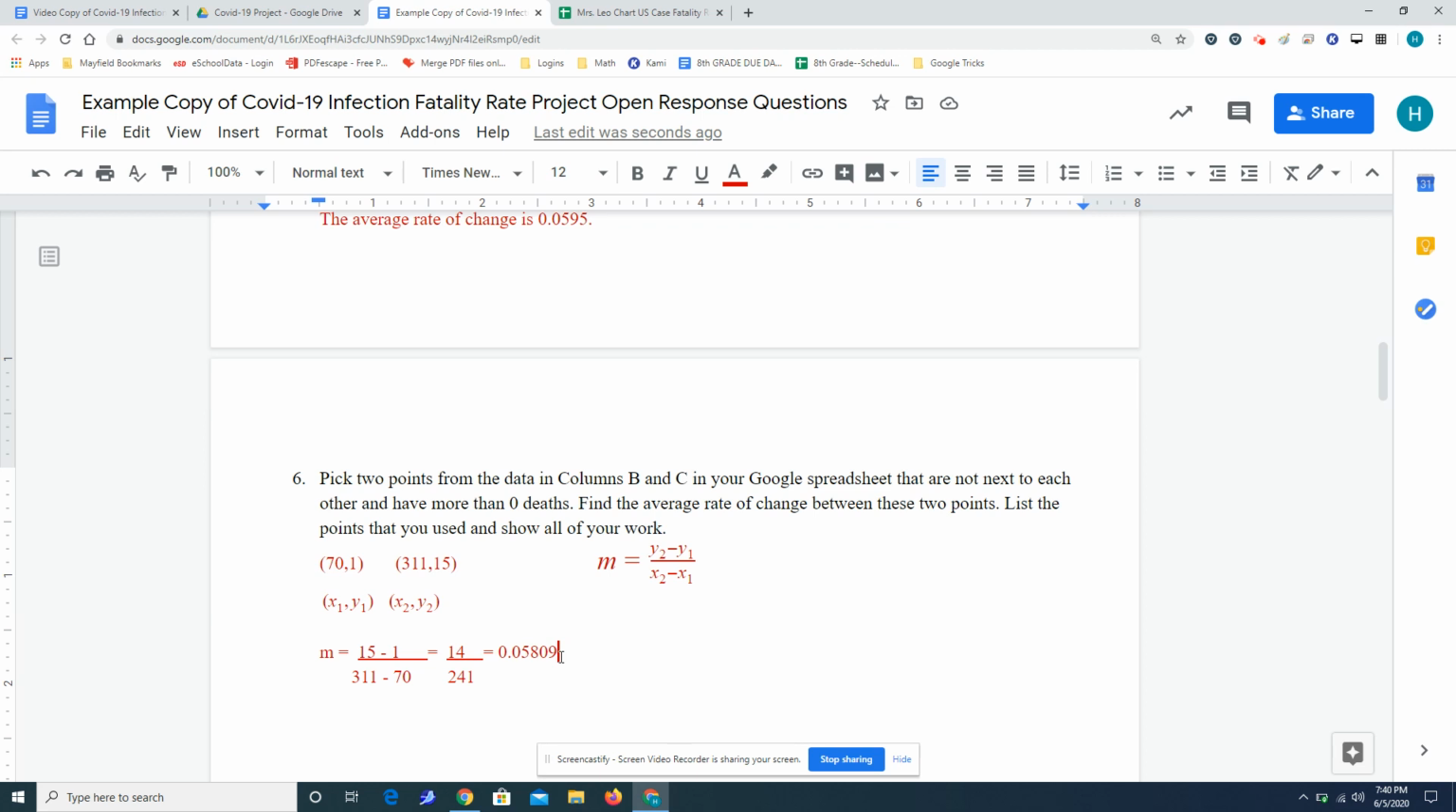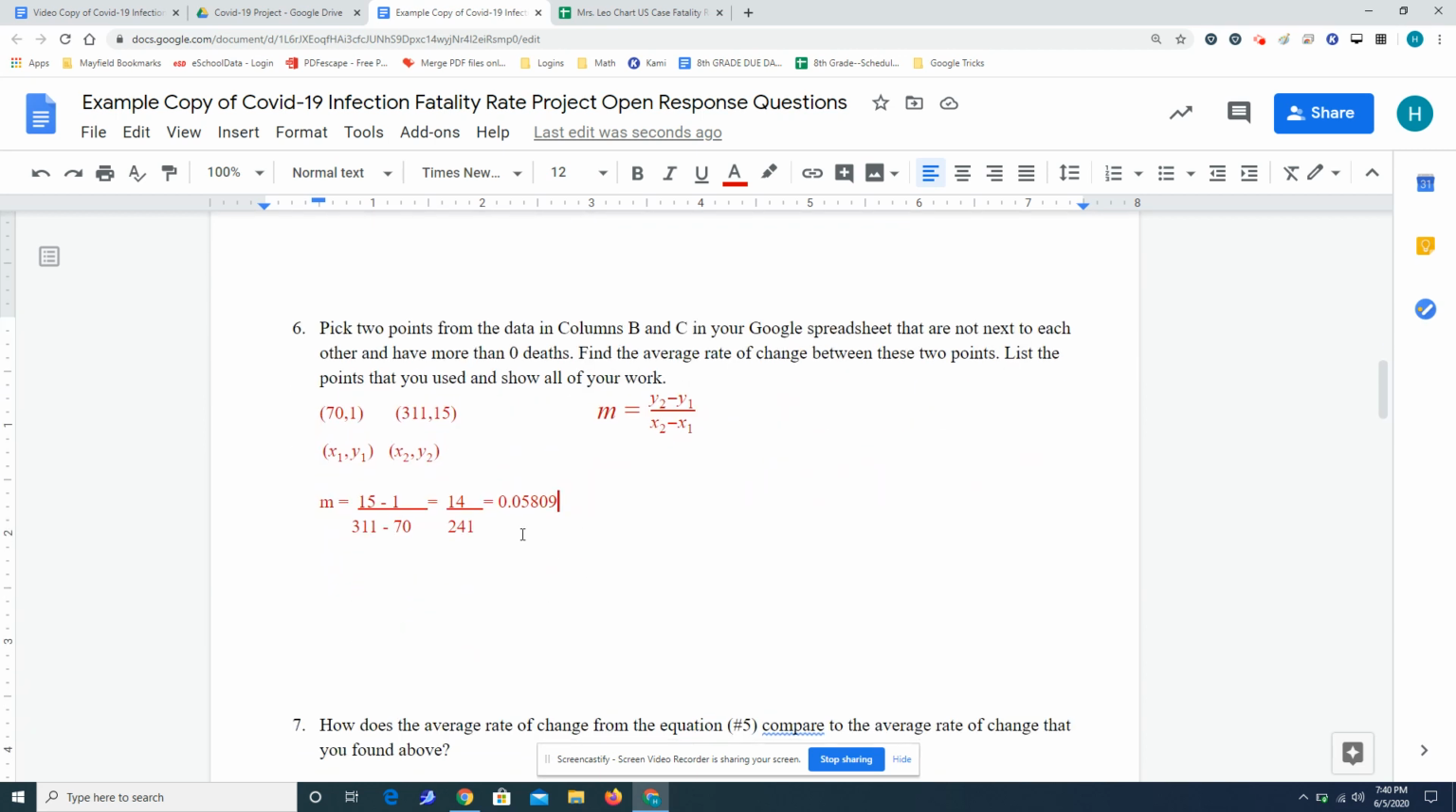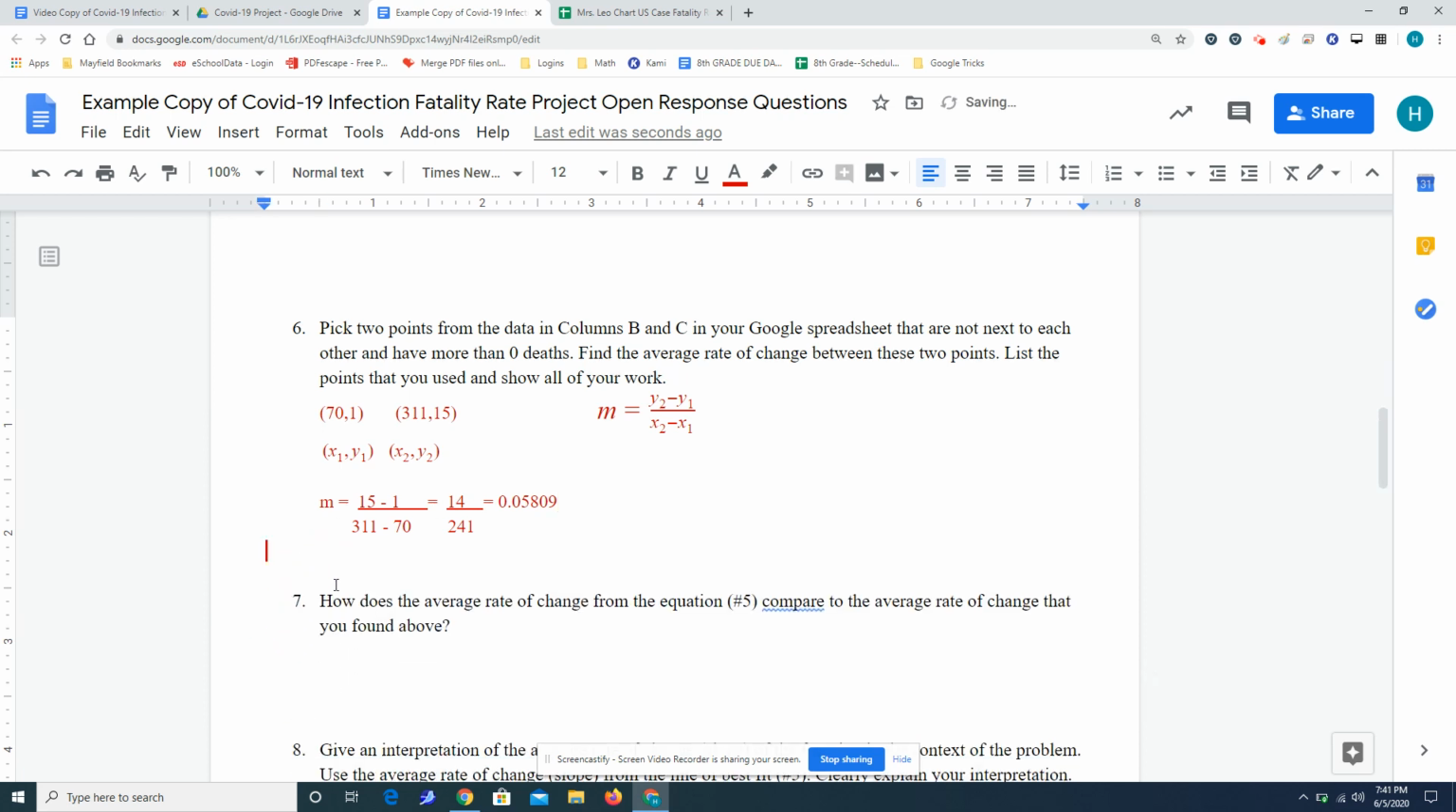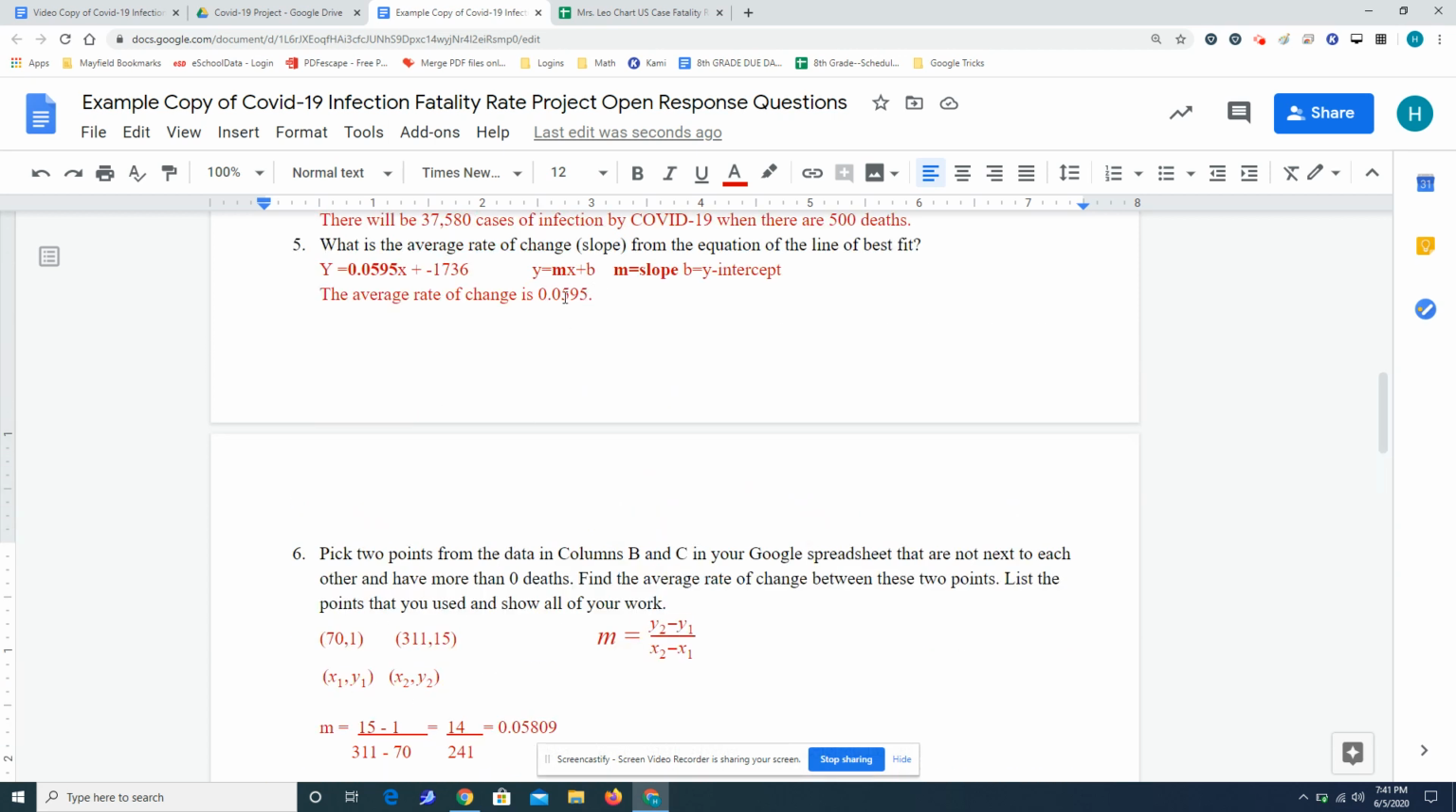Your slope's going to be different because you're going to have different points, okay? But it may be close to your other slope, it may not, and that's what we're going to do next: compare to the slope from the equation. So how does the average rate of change from the equation compare to the average rate of change that you found above? My equation for number 5 is this,